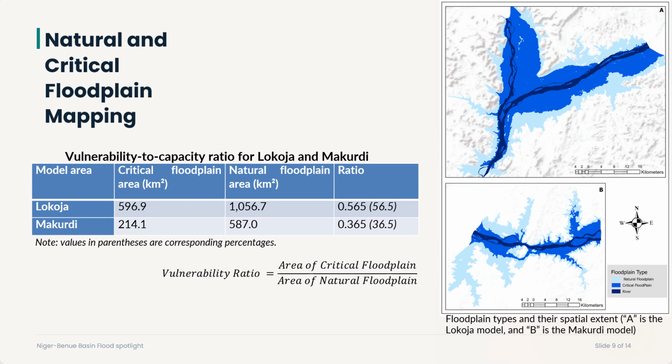This indicates widespread exposure of the asset infrastructure, settlement, and farmlands, with vulnerability dispersed across more than half